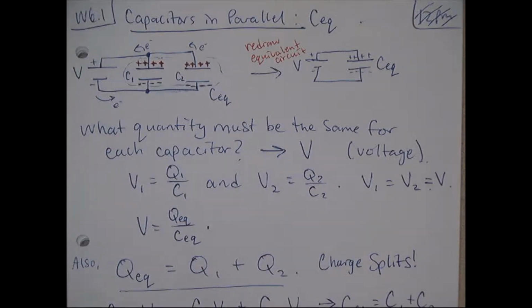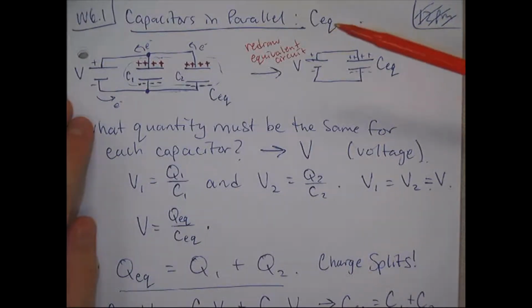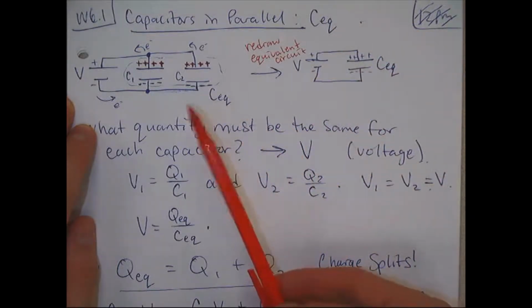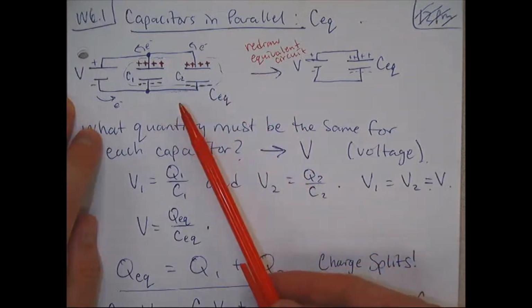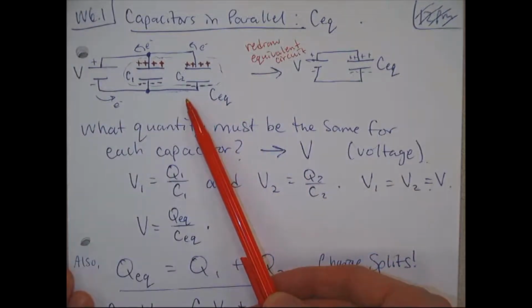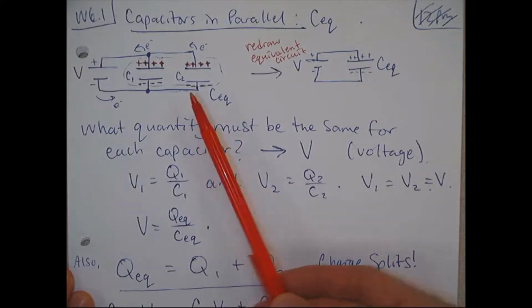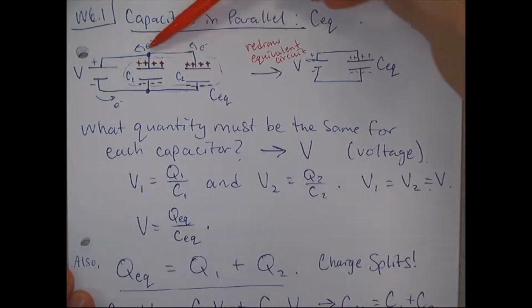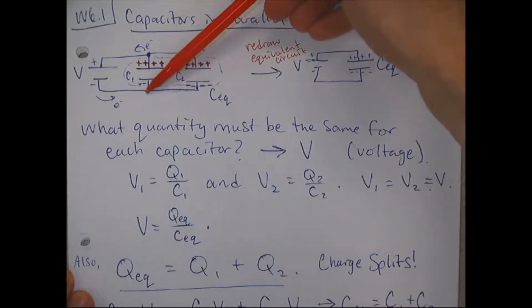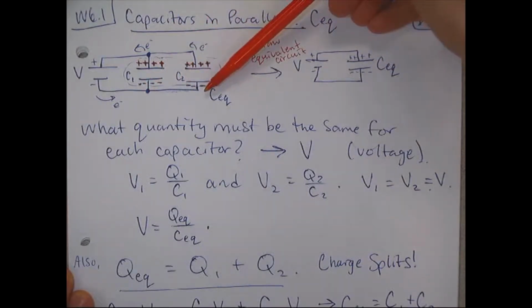This week we'll be looking at the behavior of capacitors in circuits. The mathematically simplest case is the parallel arrangement of two or more capacitors. We'll just look at the simple case here with two capacitors first and generalize it later. Two capacitors in parallel are connected by a wire at their top plate and a separate wire at the bottom